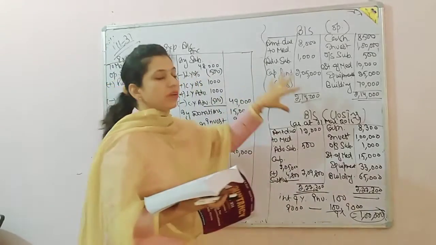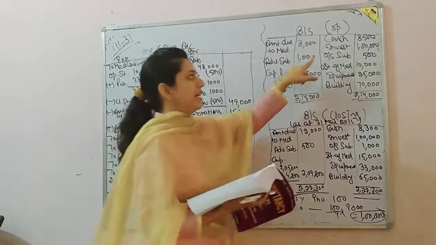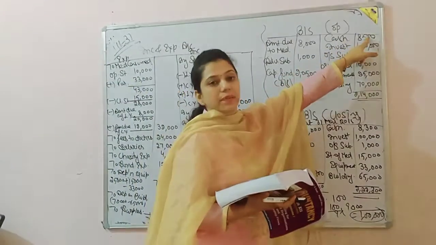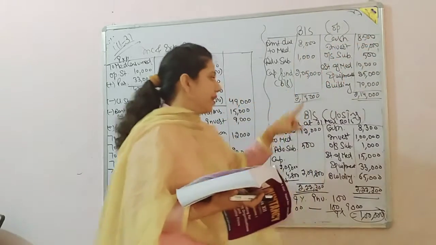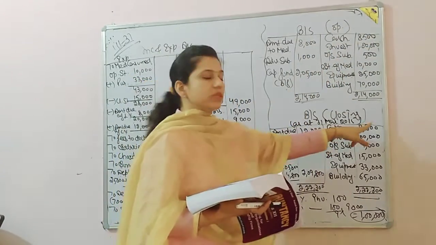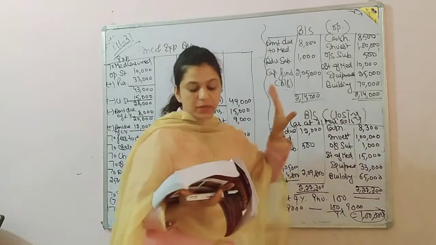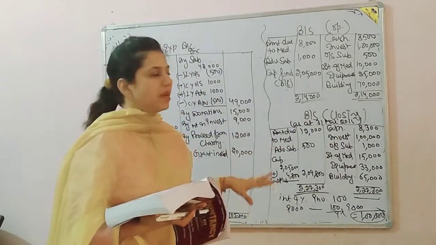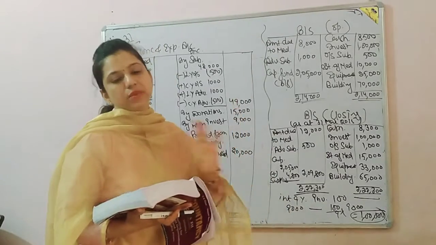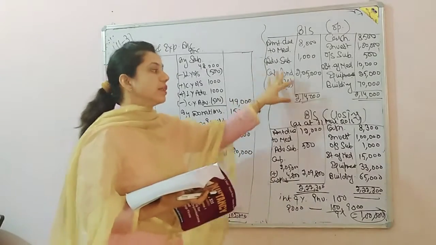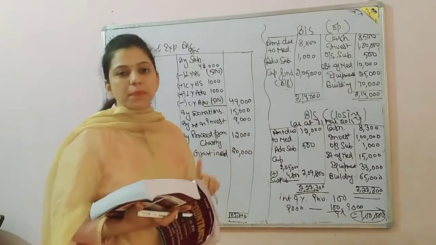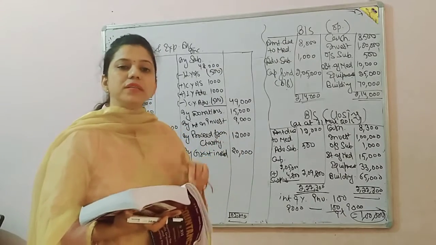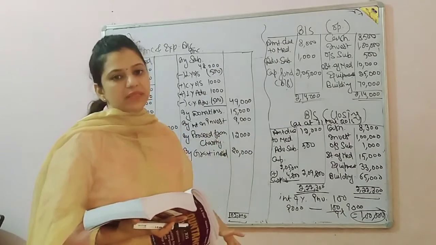So you just make three formats. All of us write opening balance of cash in last year balance sheet 8500 and closing balance of cash in closing balance sheet 8300. These two balances are taken from receipt and payment account. Then directly come to adjustments. After the opening and closing balance from receipt and payment account, you have to treat the adjustments.